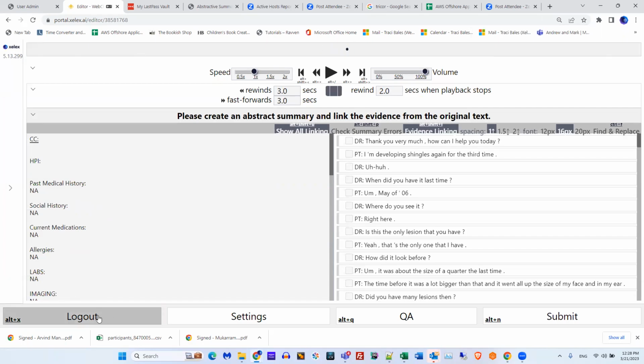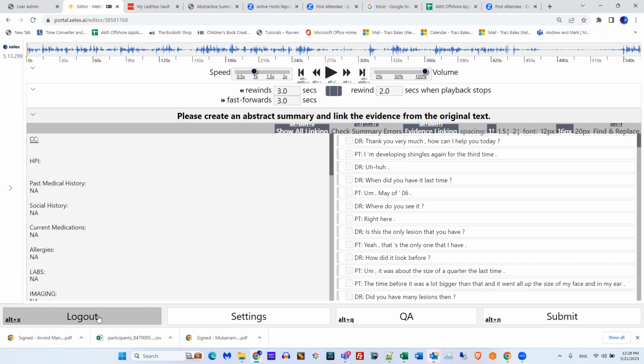And then the other button, the logout button, is basically what you'll use when you want to log out at the end of the day. So a couple things about that. When you're done at the end of the day, you're going to submit your last file. You'll get a new file. Just don't start it and click log out. So you'll always continually get a new file. Just don't start the one that you received and click log out instead, and it will log you out to the login page.